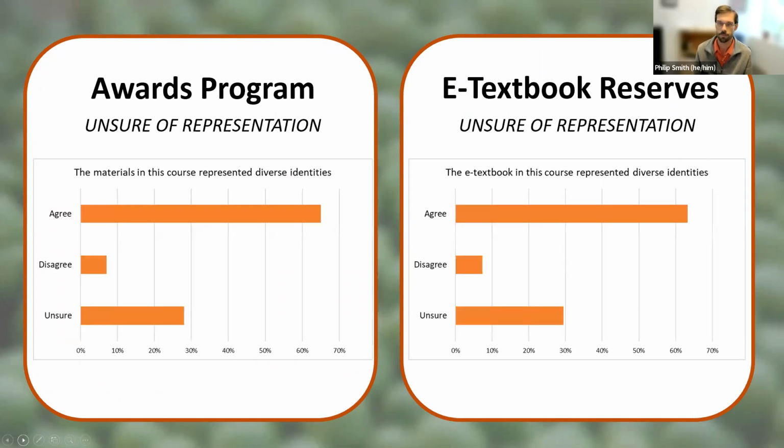Next slide, please. And just a point on representation: diversity, equity, and inclusion is part of what we look at with our OERs, with our awards program and e-textbook reserve. We had a couple of survey questions about this as well. And it really shakes out about the same in terms of the data that we were able to gather. A little bit of what's happening behind this is that